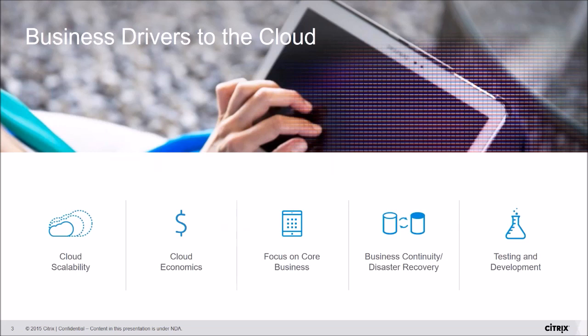Cloud economics is tied closely with the cloud scalability. Organisations are able to see significant cost savings rather than buying or investing capital expenditure in hardware that is often underutilised or only utilised for short portions of any given time. Using that dial-up and dial-down capability, many organisations are seeing some real economic benefit in utilising Azure to run Citrix workloads